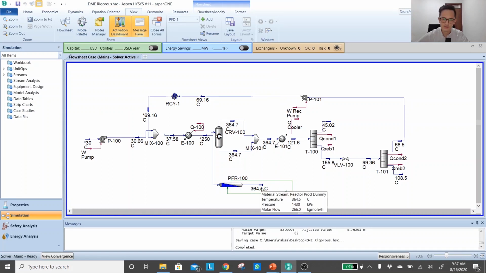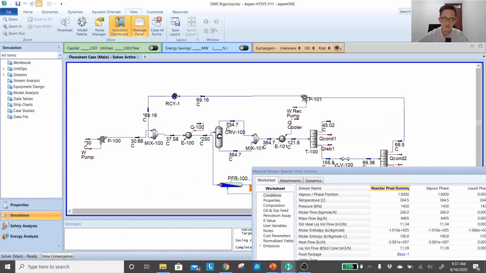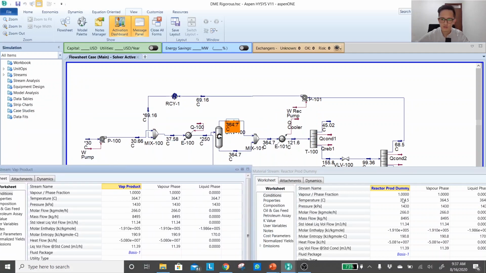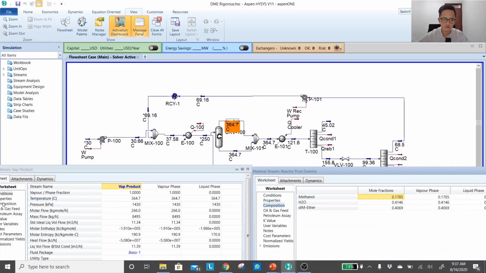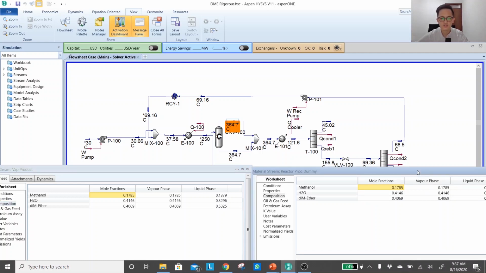and you can check that the temperature is already quite close to our simplified simulation. So you can confirm that. For example, I will open these two streams. Okay, so the temperature still differs by about 0.2 degrees C. Pressure is already good, mass flow is already identical, and then you can go to the composition. Okay, the composition is already quite good. Okay, it's already identical. That means we've already finished the sizing of the PFR.